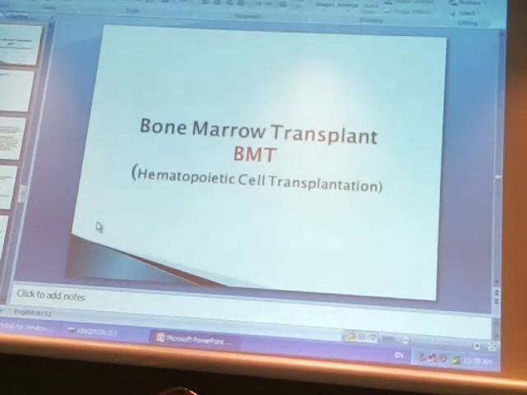Where is the stem cell origin? Where do stem cells reside? In the bone marrow. Yes, so stem cells are in the bone marrow. Do we have stem cells in the peripheral blood? Yes, we do. Okay, so how many types of bone marrow transplant? According to the donor, we have